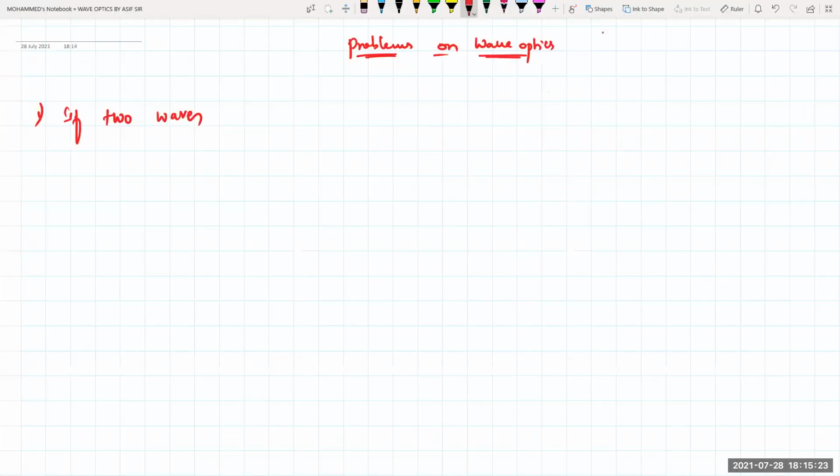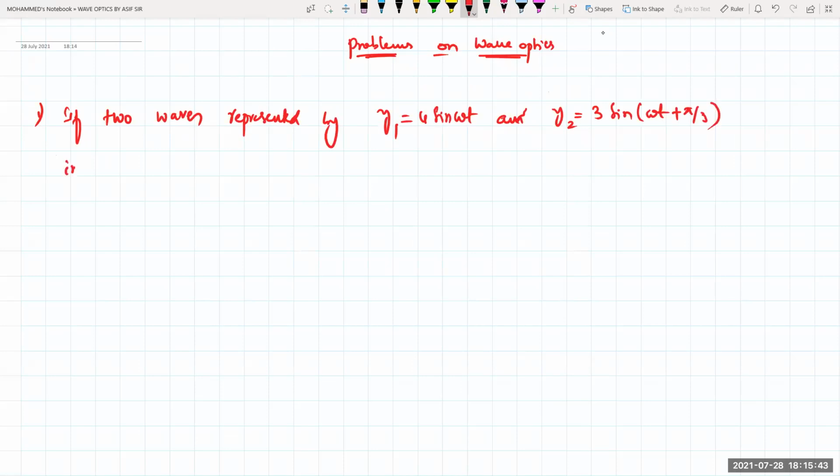If two waves are represented by y1 = 4 sin ωt and y2 = 3 sin(ωt + π/3), and they interfere at a point, the amplitude of the resulting wave is